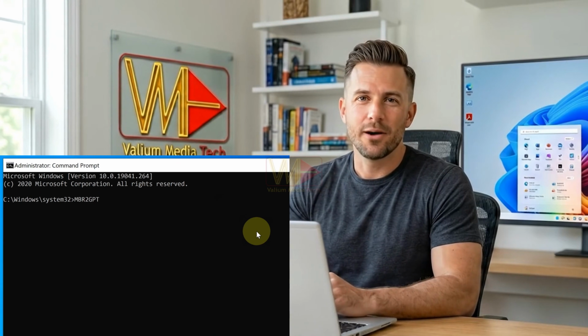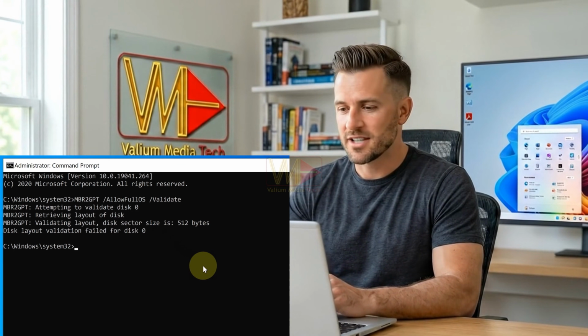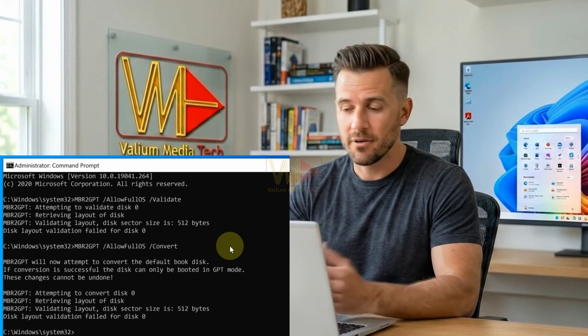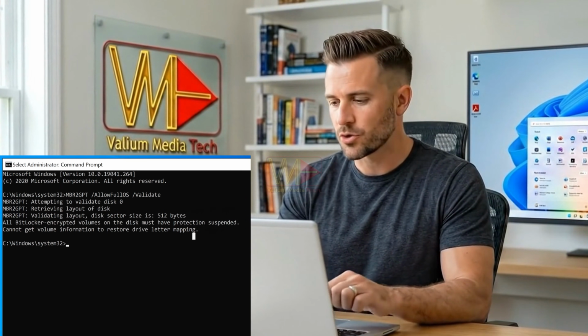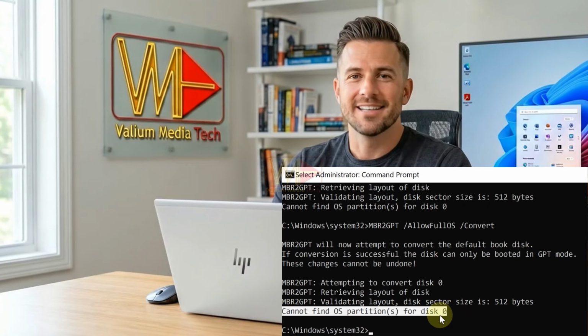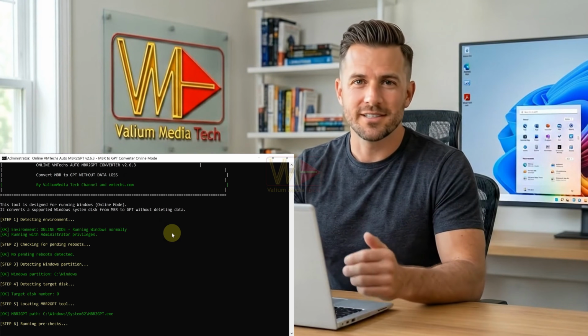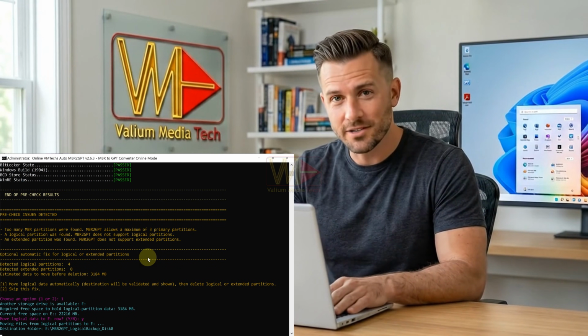Hey everyone, if MBR2GPT conversion failed with errors such as "disk layout validation failed for disk 0," "cannot find room for the EFI system partition," or "cannot get volume information to restore drive letter mapping," this video is for you. Today, I'll show you how to convert an MBR disk to GPT in Windows 10 without data loss or reinstalling